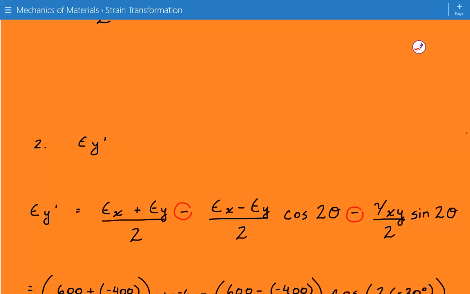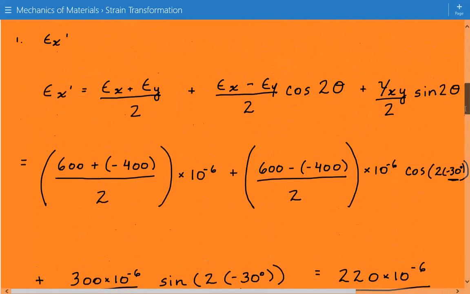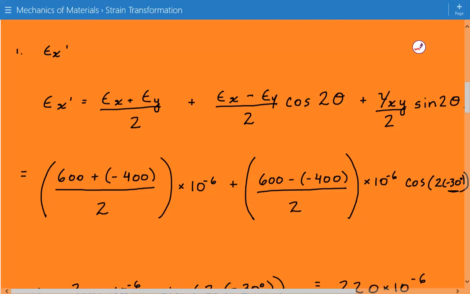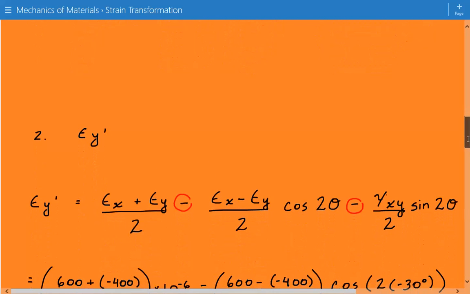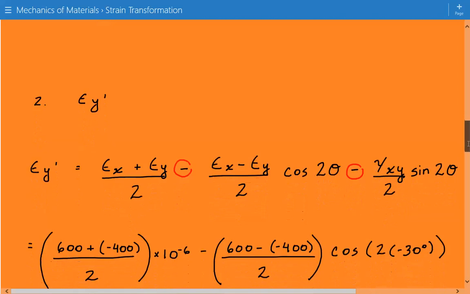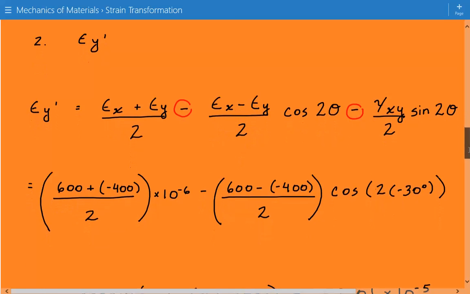In the epsilon x prime, this was positive, and then when calculating this epsilon y prime, this is negative and negative. So if we go back to the formula before, we'll see we have positive here, but now when calculating the transformed strain in the y direction, we have two minus signs. So again, we just plug in the numbers,